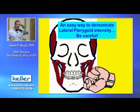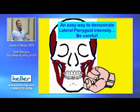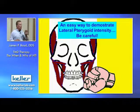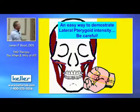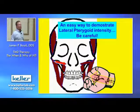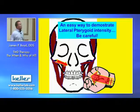Here's an example that I just tried this past week. It's how to show yourself what a fatigued, sore lateral pterygoid must feel like to your patient. If you open your jaw slightly, keep your teeth apart, and do not let your jaw move at all, and rest your fist against your jaw, and press your fist against your jaw, but do not let your jaw move at all, the opposite lateral pterygoid will resist you and hold your jaw from being pushed off to the side. Push a little bit harder, and your lateral pterygoid is now going to strain and work a little bit harder. If you push really hard,